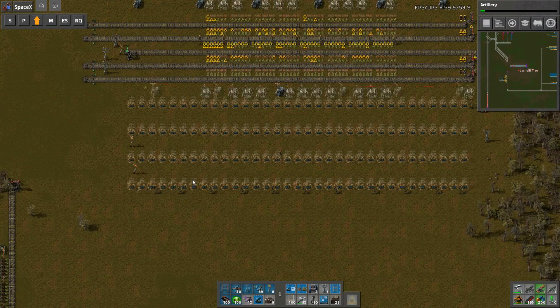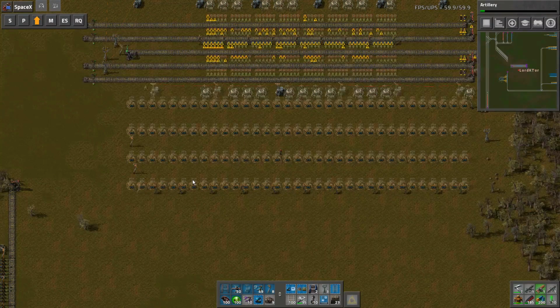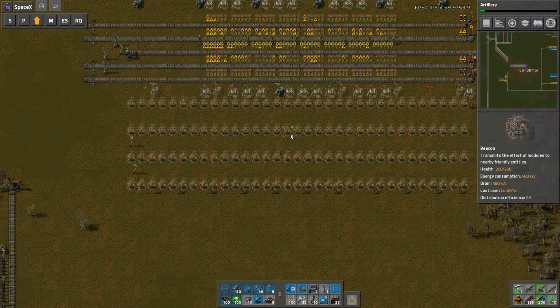Let me just quickly check my maths. I think I need 26 of the speed module 3s. I need 65 of the 2s, which is 91, which means I have 89. Yes, that kind of makes sense. So